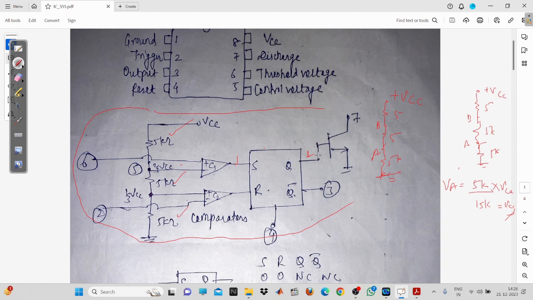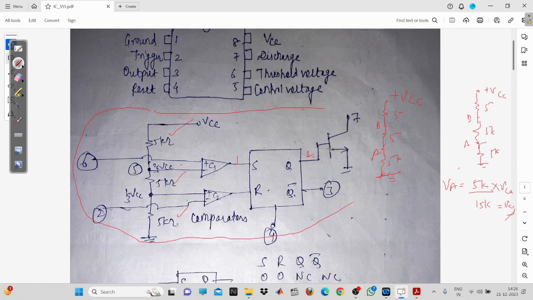So when the transistor is operating in the saturation mode, it acts as a closed switch, and when it is operating in the cutoff mode, it acts as an open circuit. Fine. So when one is given, this transistor will be short circuited, and then you can have a discharging path. You can discharge your capacitor